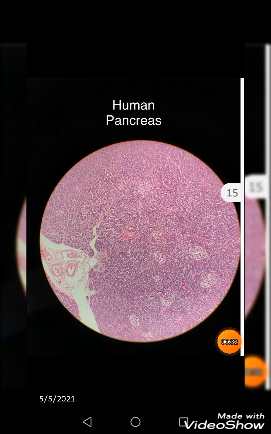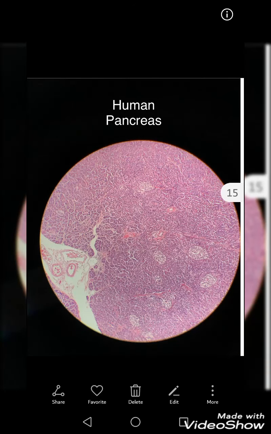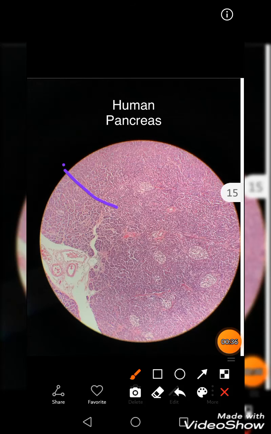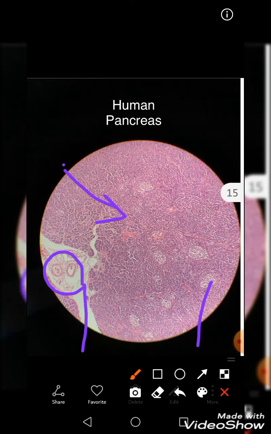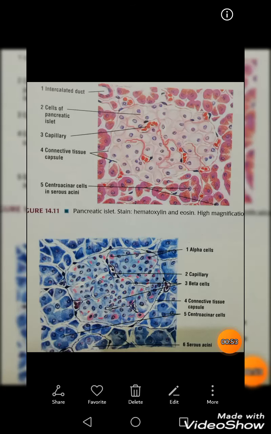Now we can visualize this picture in which again the darker stained areas are the pancreatic acini and the lighter stained ones are the islets of Langerhans. Right, the septa is showing a neurovascular bundle in it and trying to divide the parenchyma into various lobules. This is a little bit larger view to show you different stains.